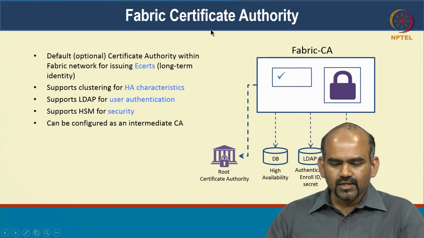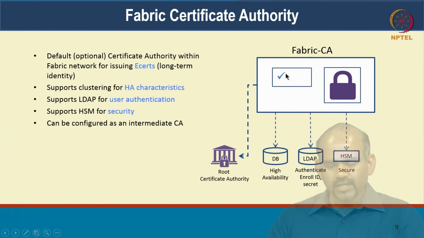So a little bit on the Fabric Certificate Authority. Like I mentioned, this is one implementation of a certificate authority that issues identities for users or components transacting on the blockchain. So this could be for users, for peers, for ordering service nodes. All of them have identities on the blockchain. And the Fabric CA can be used to issue all of those identities. So there are many ways in which you can implement the certificate authority. One implementation is provided today. There is one more called Idemix, which is also getting implemented. We might talk about it in advanced lectures later in the course on security and privacy.